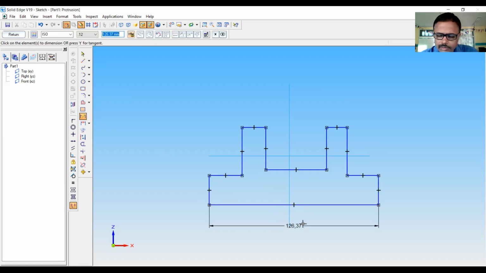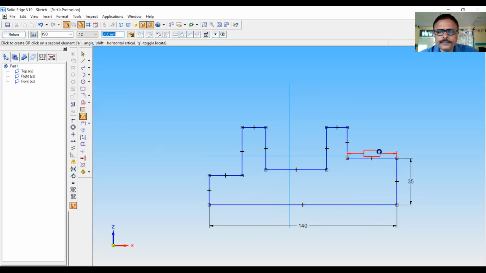This dimension in our drawing is 140. What I am doing is dimensioning as per the sketch. This is 35. See, it will change. This is 20. I am in the smart dimension tool command. This one is 30. And this is 20.